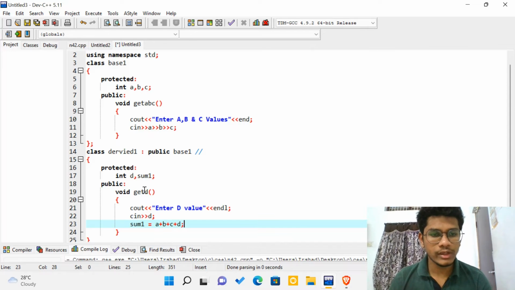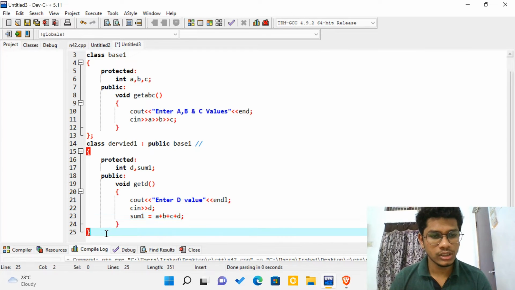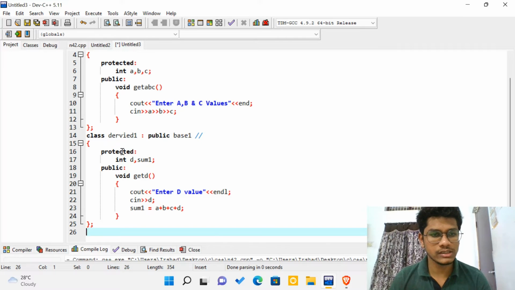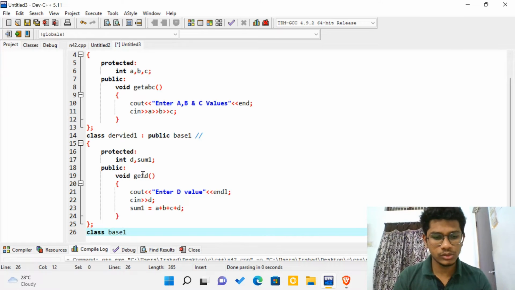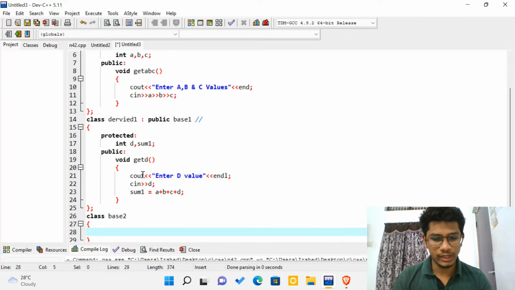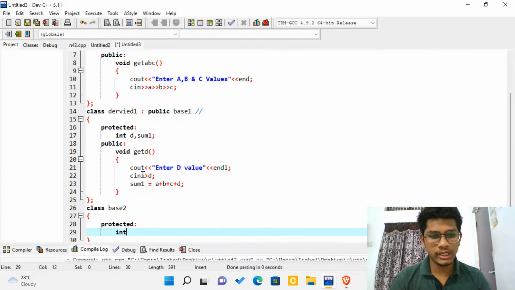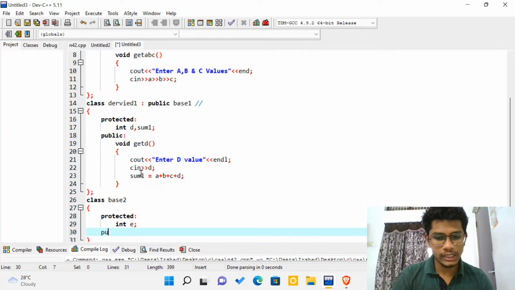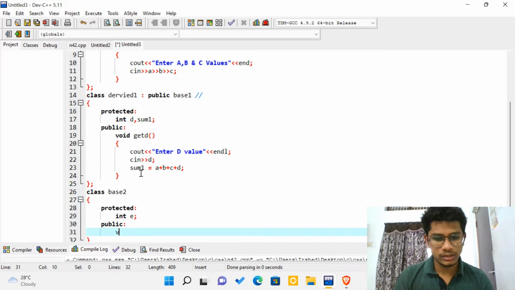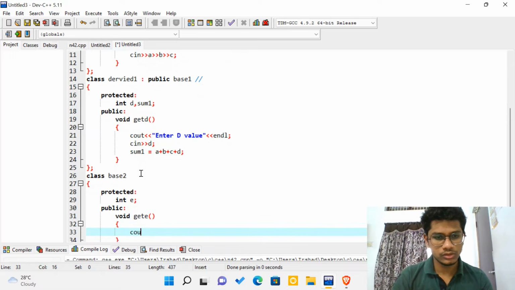That's it. So whenever I'm calling this member function, sum1 answer would be my A plus B plus C and D. So okay, my derived 1 class is completed. Let me create another base class. So this is my base 2. Okay, here I have to use another data for my next derived class, right? So that's why I'm using protected here D, and then I'll be using E. After that in my public void get E. Okay, so C out,